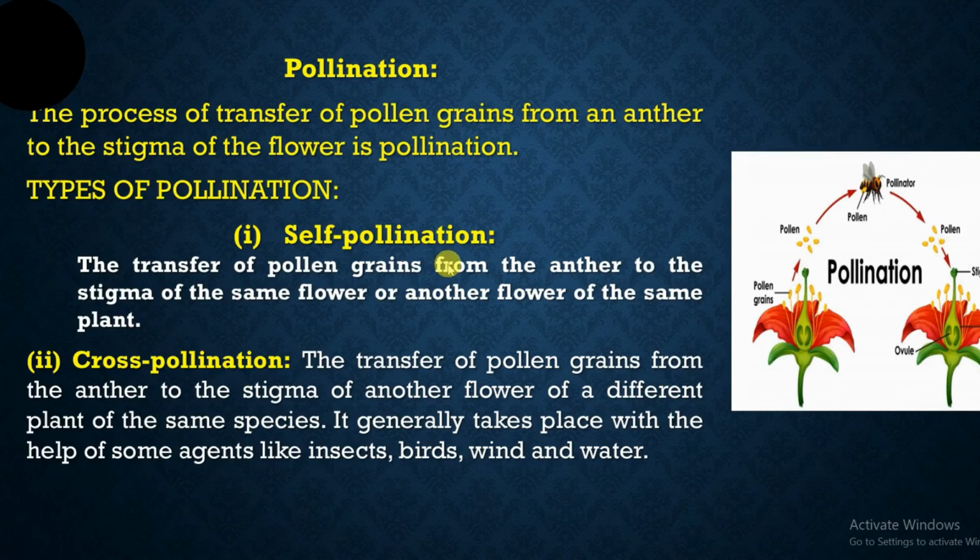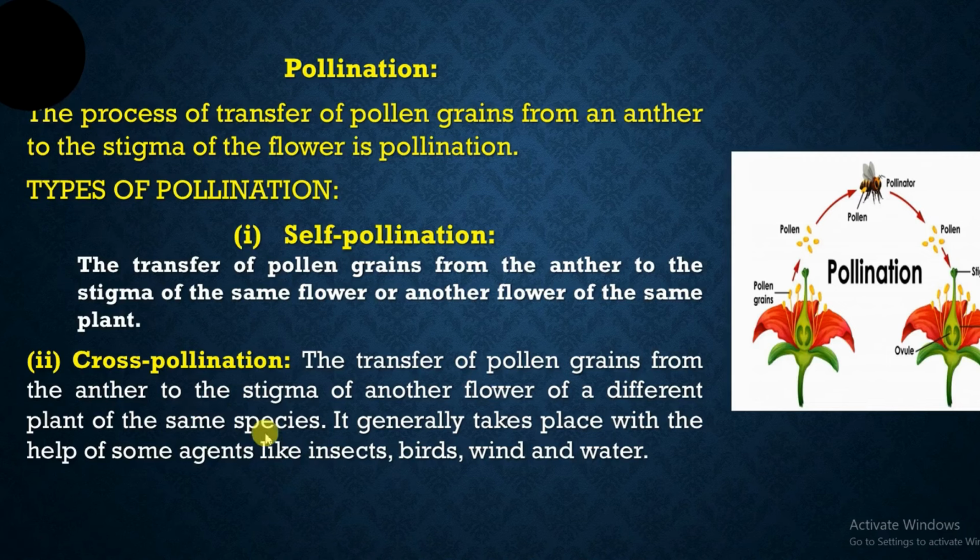Self-pollination also refers to the flowers of the same plant. Suppose two different flowers are there in the same plant. If the pollination is occurring from one flower to another flower of the same plant, then also we call it self-pollination. Whereas cross-pollination means transfer of pollen grains from the anther to the stigma of another flower